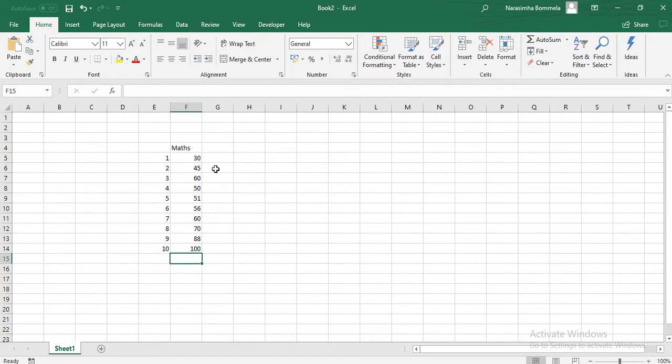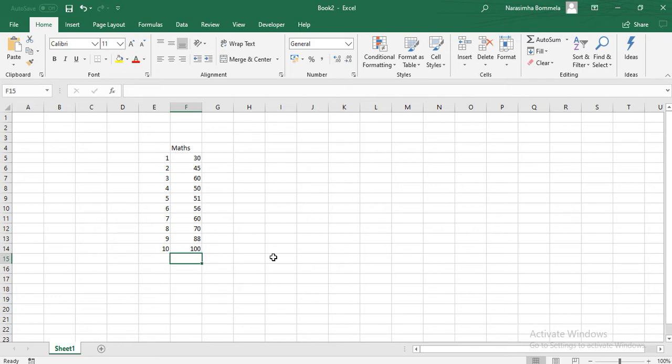So now if you want to see what is the area between which the maximum people are getting score, for example if you take a range of 10, 0 to 10, how many people got score, 10 to 20, what is the number of people who got the score, 20 to 30, what is the number of people who got the score. We can understand the frequency of the selected range. That is what we call histogram.